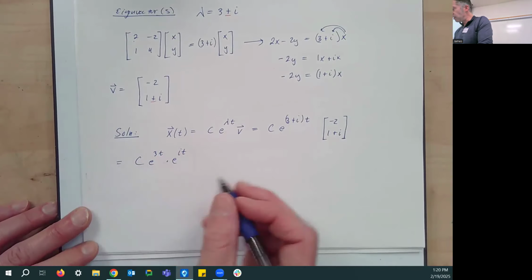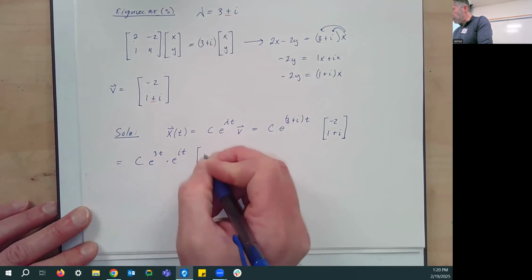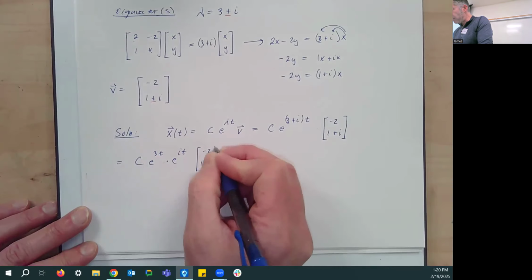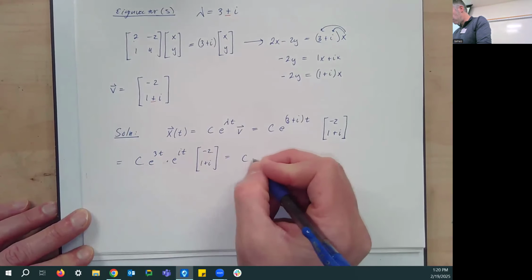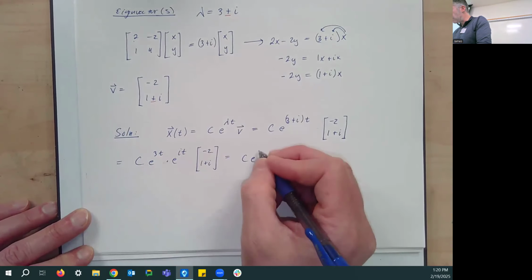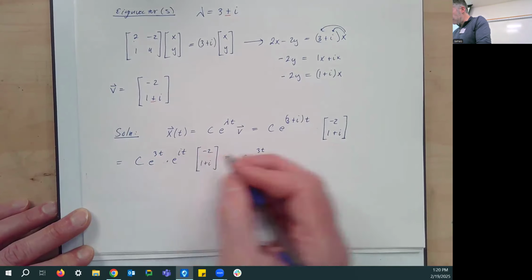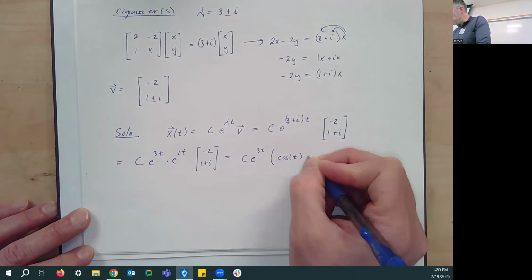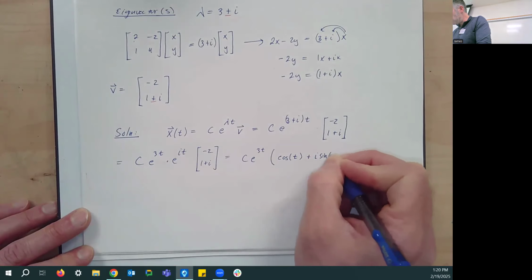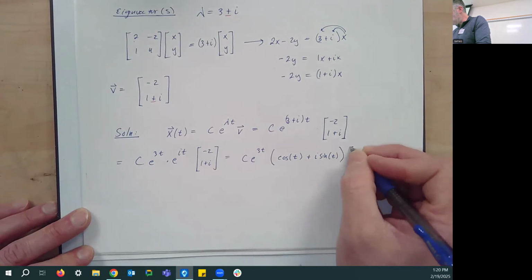Times the vector negative 2, 1 plus i. Replace the e to the it with the Euler's formula. So we get c e to the 3t, and e to the it is going to be cosine of t plus i times sine of t, all times